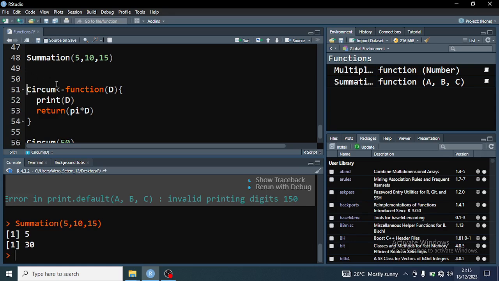I'm creating another function here called circum for calculating the circumference of a circle. The circumference of a circle is given by the formula pi multiplied by the diameter. So I'm calling this function circum for circumference. Then I'm calling the function, and then I'm giving out the arguments, which is d, which is the diameter. When I open the curly braces, I want it to print the diameter first of all, and then it should return